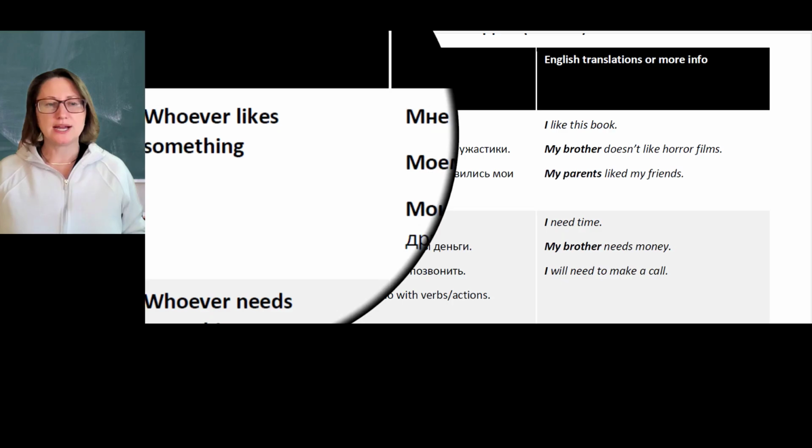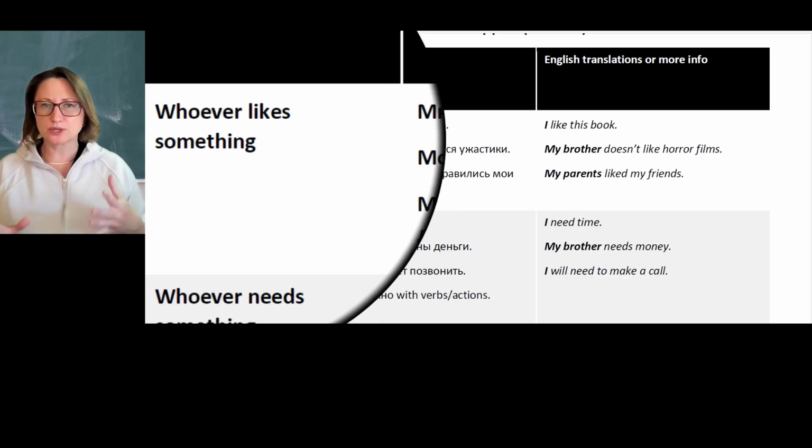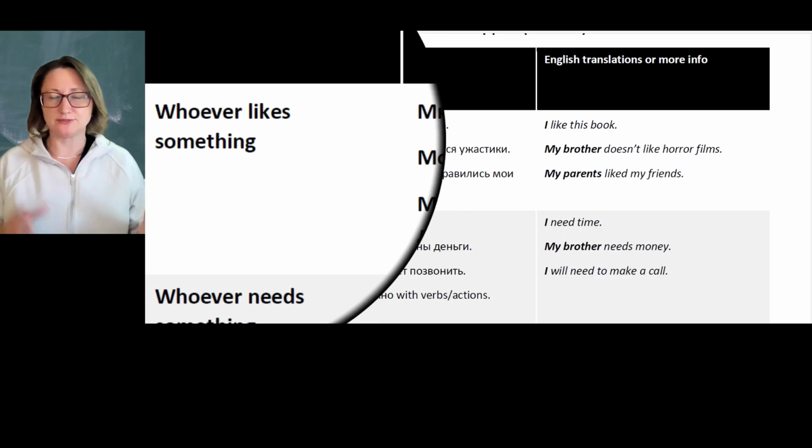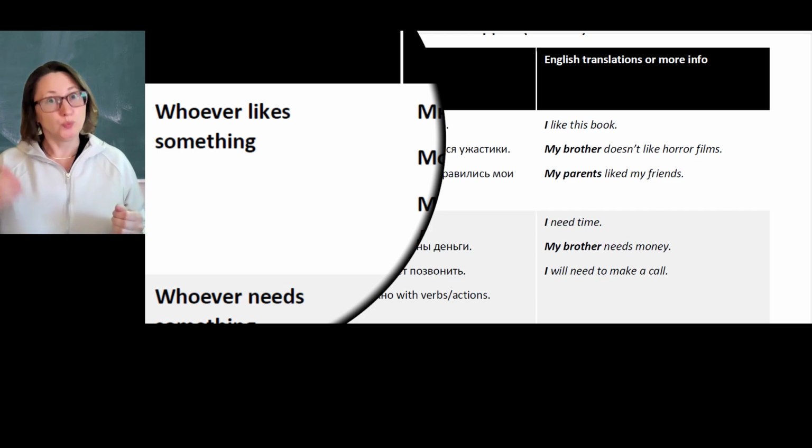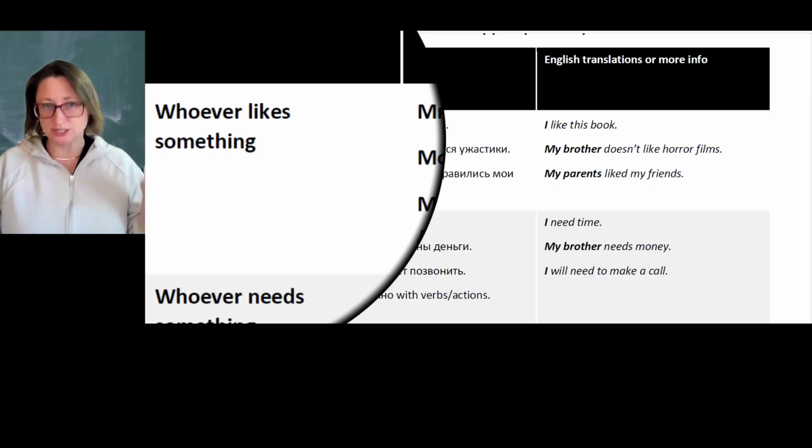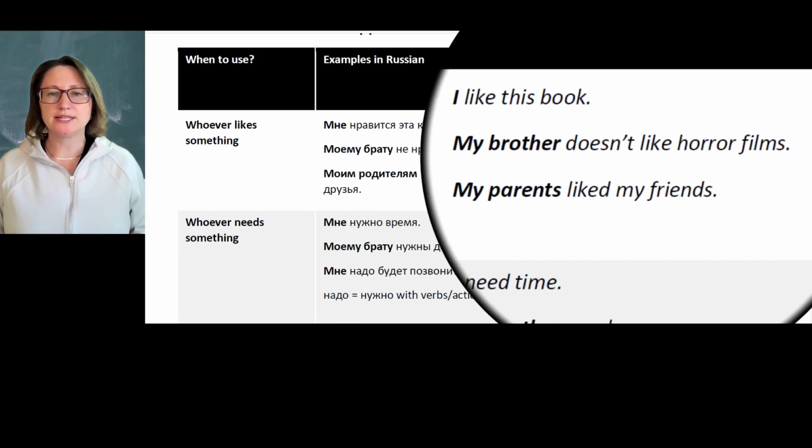Okay, so our first context, we kind of work with it when we worked with nominative, because in nominative we work with whatever we like is the subject of a sentence. And remember back then I said whoever likes something, which is the subject in English, in Russian is going to be in the dative case. So whoever likes or actually doesn't like something is going to be dative. So if we look at the English